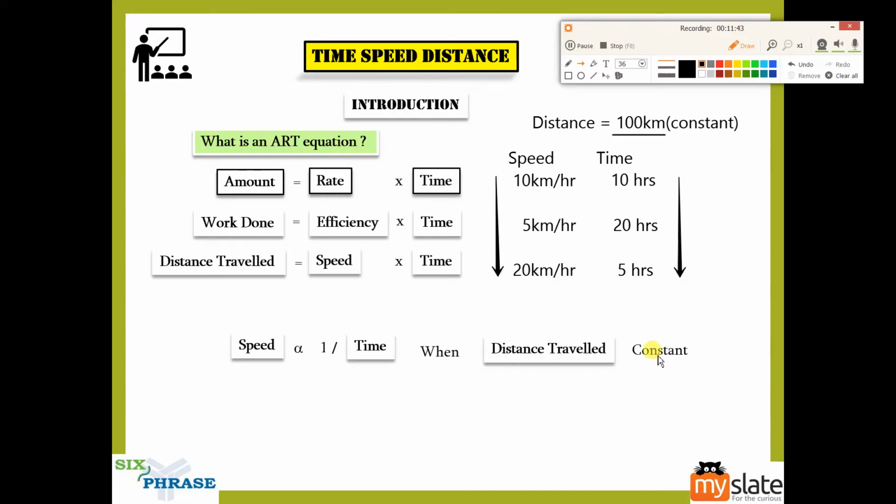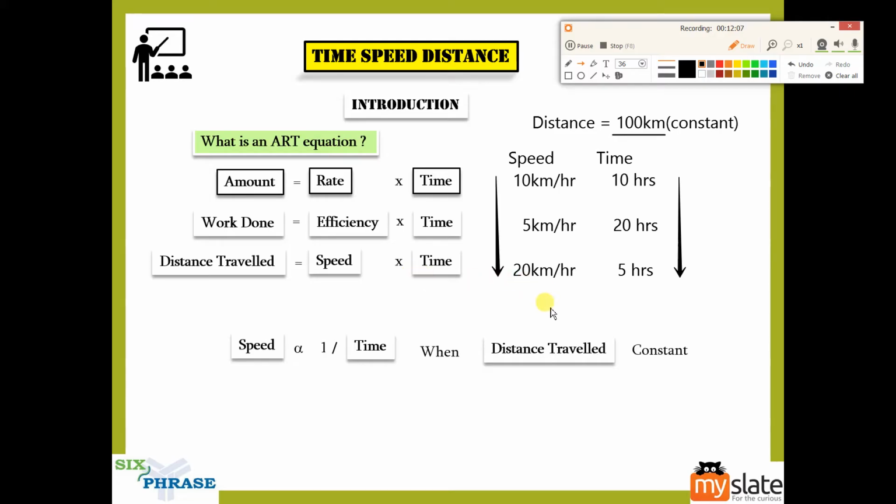Okay, and you have to understand, you have to keep distance traveled as constant. Whenever there are three variables, so in this formula there are three variables, right? Distance, speed, and time. Whenever you have three variables, if you have to find the relationship between any two variables, the third one you keep as a constant. Now it is time for us to keep something else constant and try out.